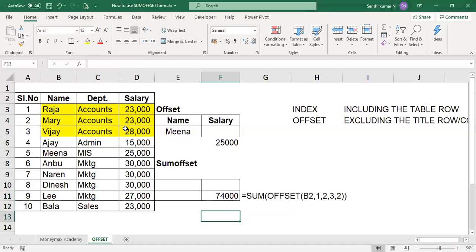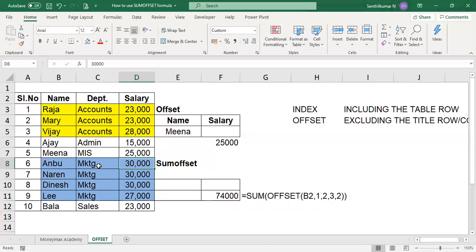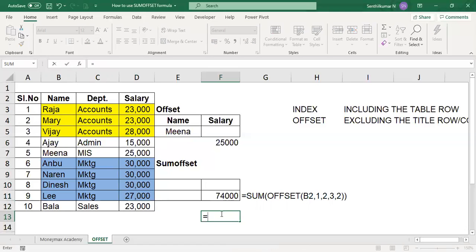Clear? Now I want to repeat once again with another example. Please listen carefully. I want to know the sum for the marketing persons, 1,17,000. What is the total salary of the marketing persons? I can use sum offset.